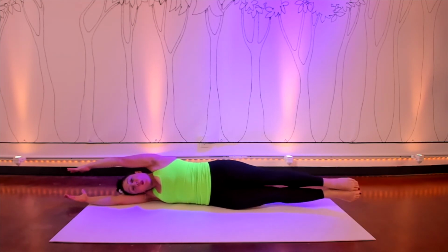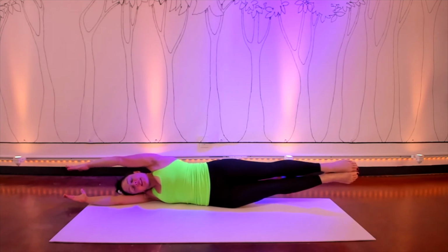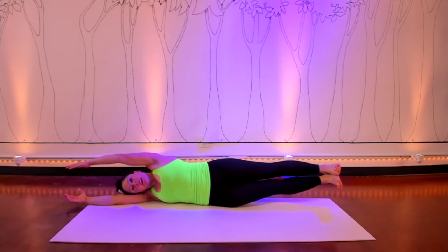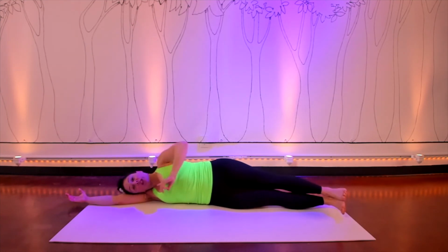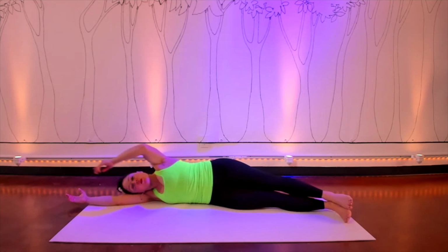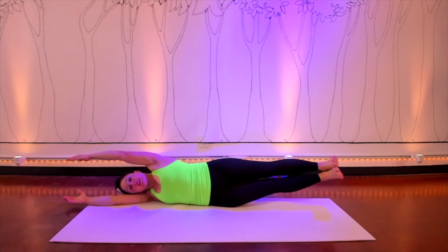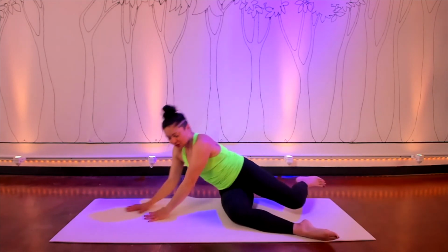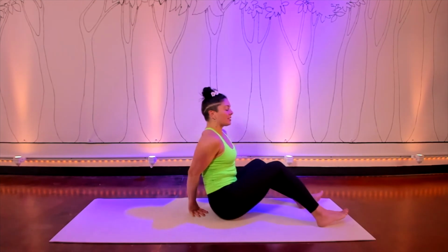Maybe your toes are pointed so you can better squeeze your legs together. Maybe your feet are flexed to give you a little bit more balance. And then one more time, see if you can reach the top of you up your arm instead of pushing down into your arm with your upper. A little bit more challenging. And then press the hands to the floor, sit yourself up, swing your legs around to the front,